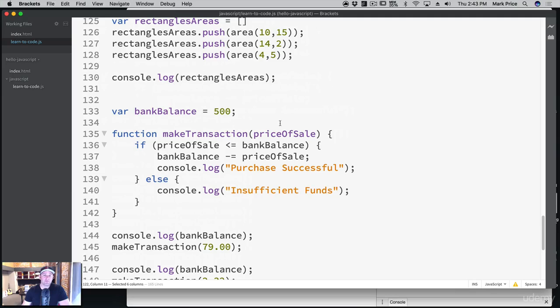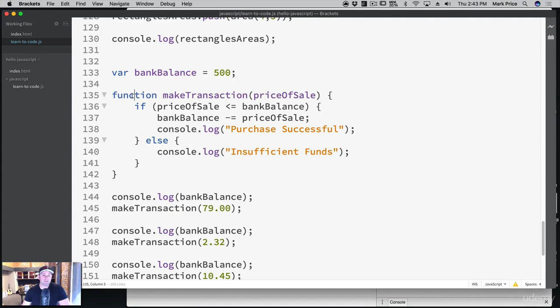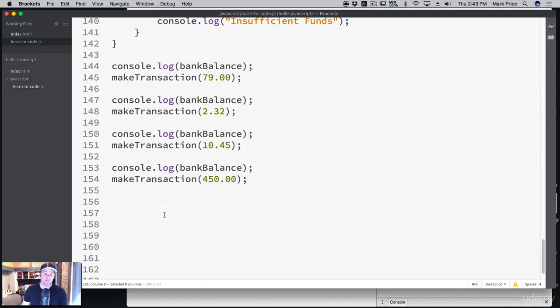I mean, you can have as many parameters in functions as you want, which I think is pretty cool. And there's also one more way of storing functions. Right now, we're just saying function and giving it a name, but we can also store them in variables. We can say var, and let's call this